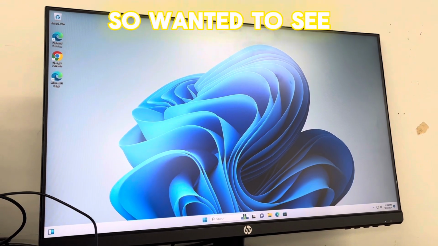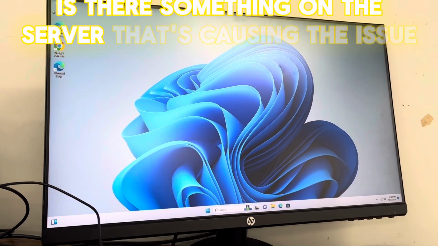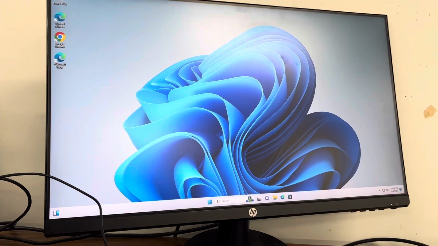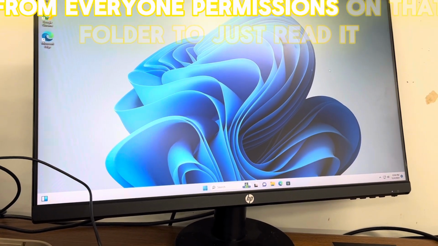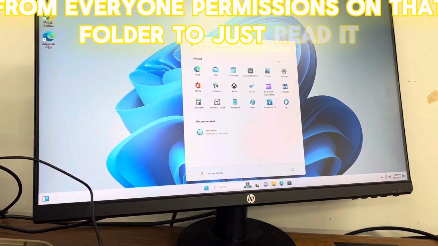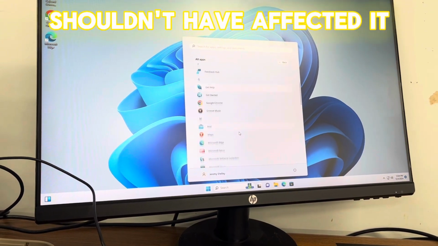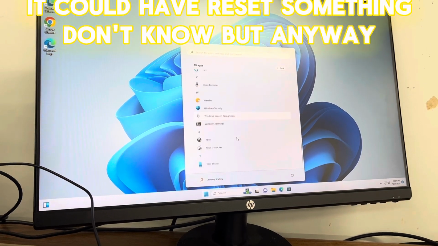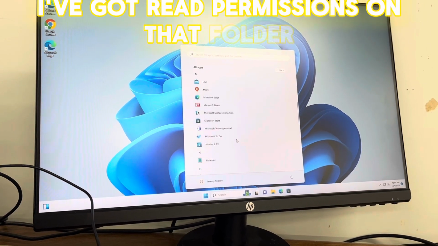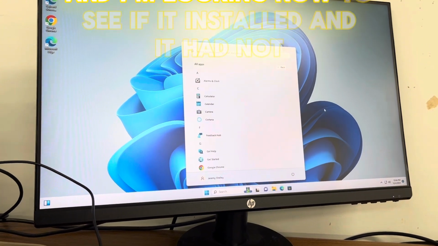So I wanted to see, is there something on the server that's causing the issue? The only thing I changed was read-write from everyone permissions on that folder to just read. It shouldn't have affected it, but you never know. It could have reset something. Don't know. But anyway, I've got read permissions on that folder,